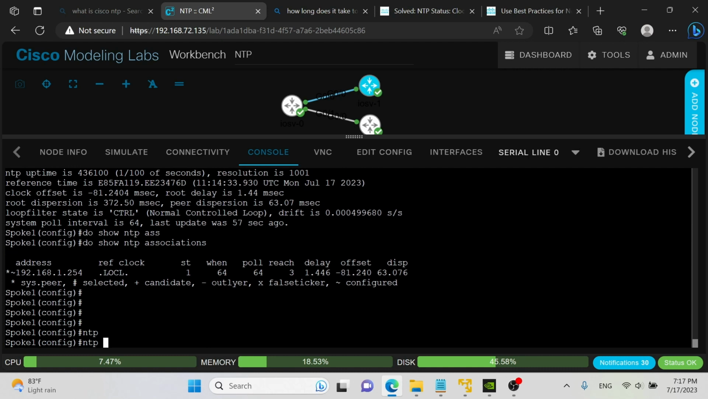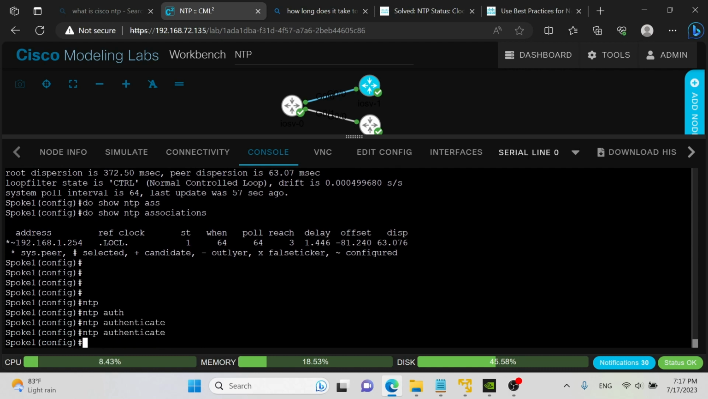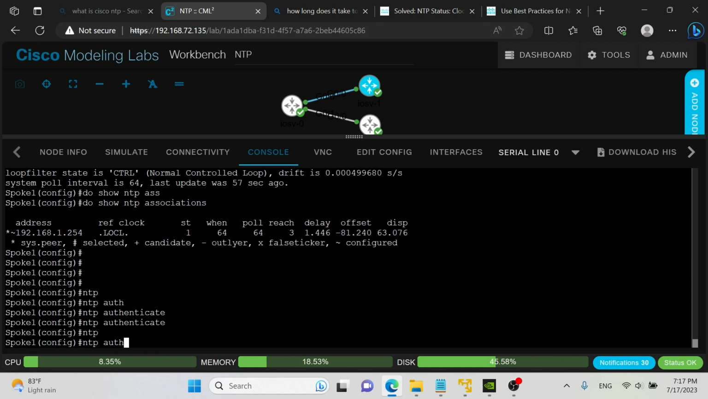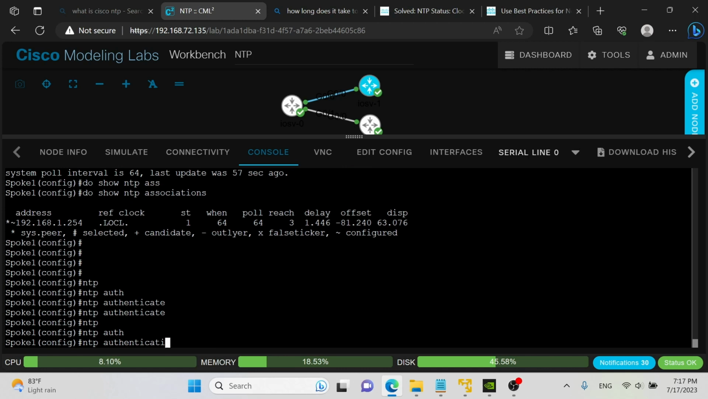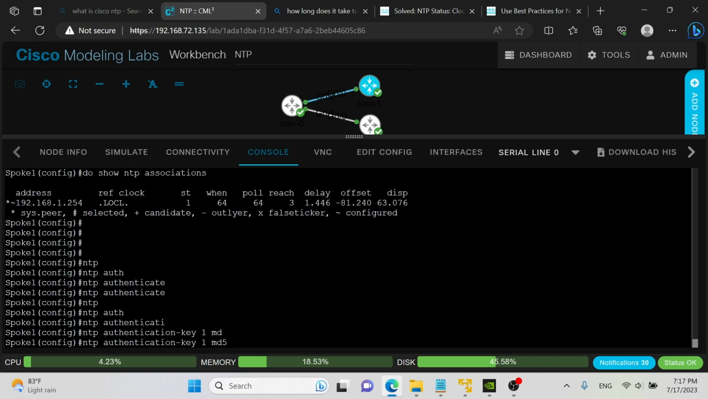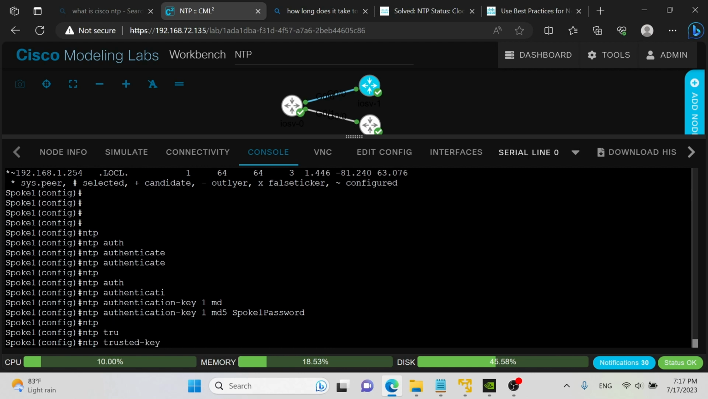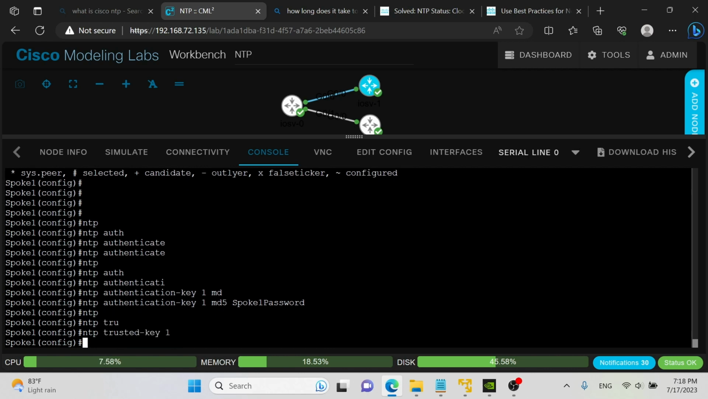NTP authenticate. NTP authentication key 1 MD5 and that password that we configured. Spoke 1's on and on the secret spoke 1 password, NTP trusted key 1, and we will have to there